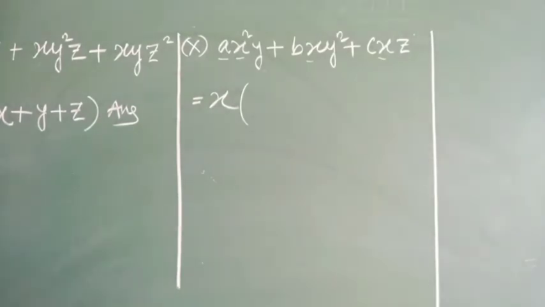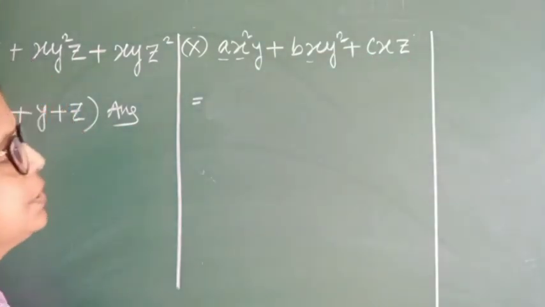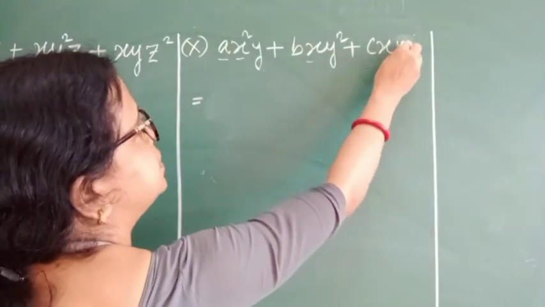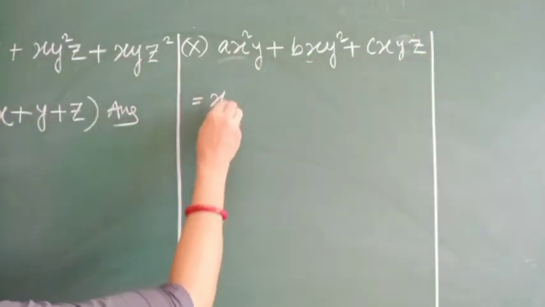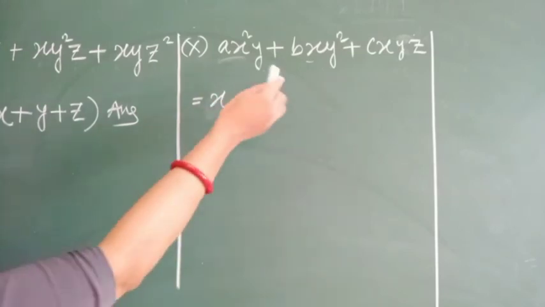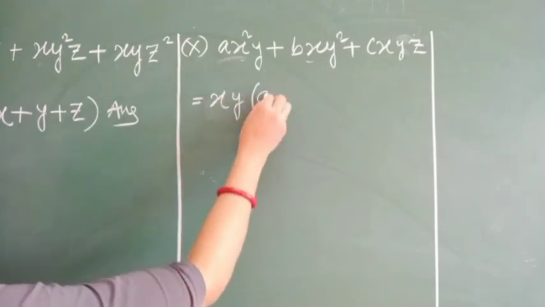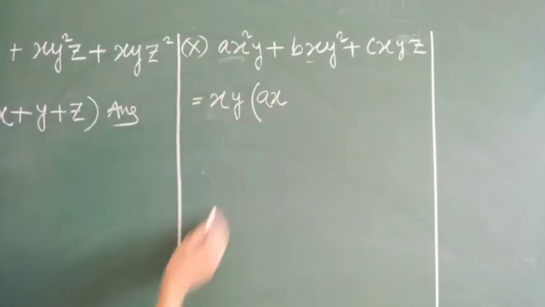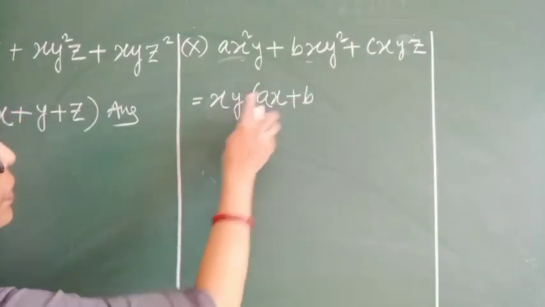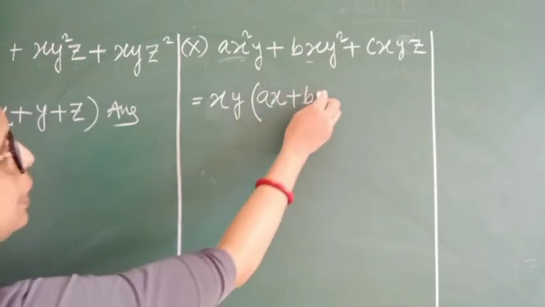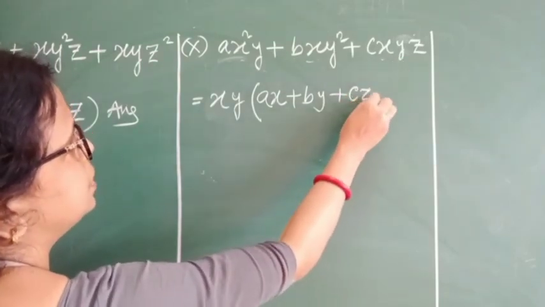Ax plus by. Actually, the sum I have written wrong. The sum is cxyz. Not only Cz, it is C, X, Y, Z. Now you can take X as common from all the terms, three terms I can see X is there. Y is also there, so take Y. So what is left here? Only one A and another X. Plus, from here B I have not taken out. X I have taken out, only one Y I have taken out, another Y is left. Plus, X and Y I have taken outside, so C, Z.